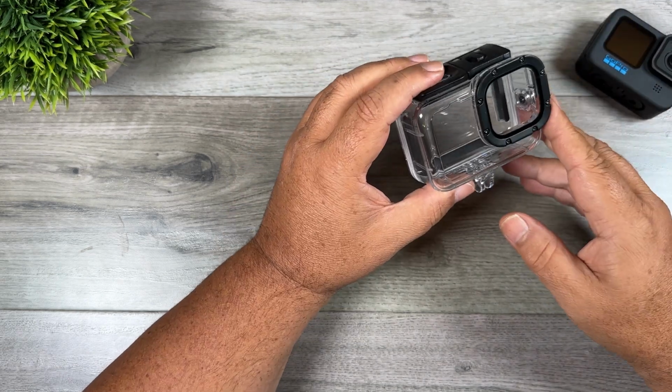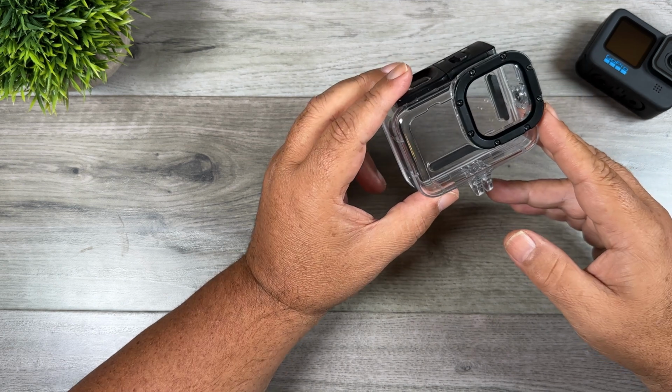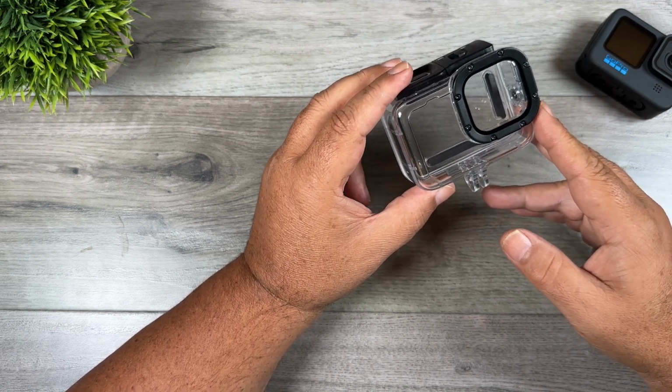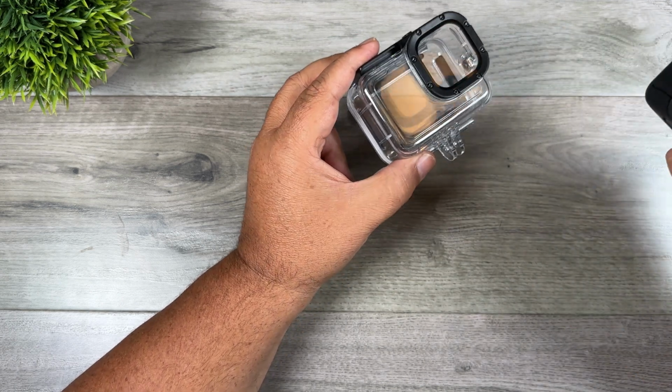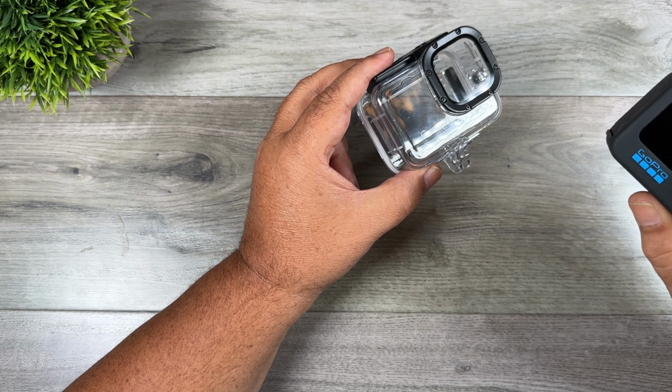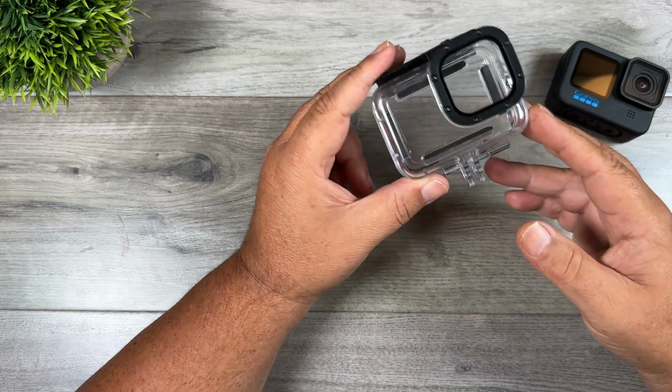The next item here is a housing for your GoPro. This serves two purposes. First of all, this will allow your GoPro to go deeper than 33 feet and remain waterproof. As mentioned, your GoPro is waterproof right out of the box. Just like this, you can take this in water down to 33 feet. If you're a scuba diver and you need to go deeper than that, you're going to want to use some